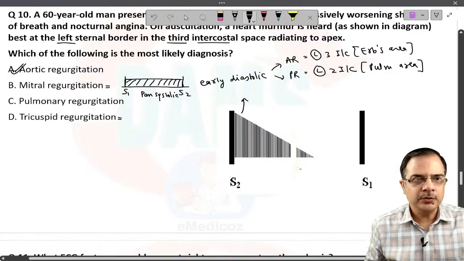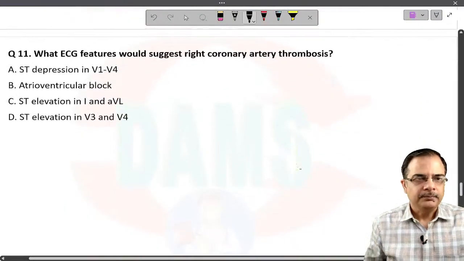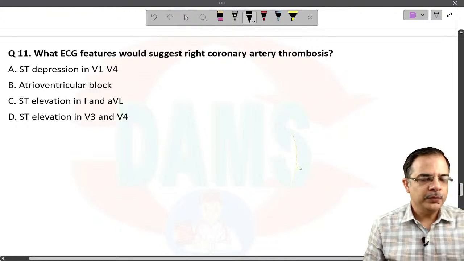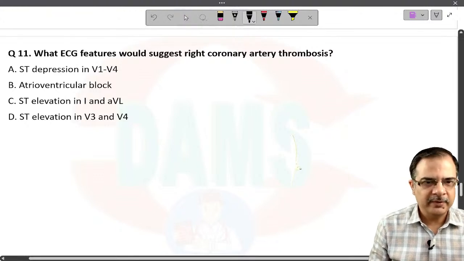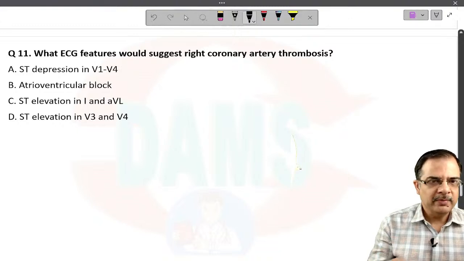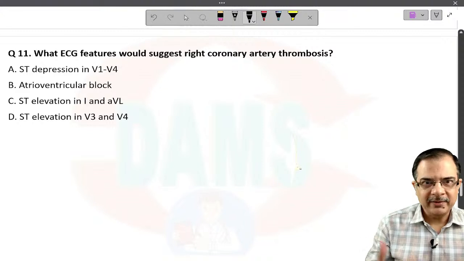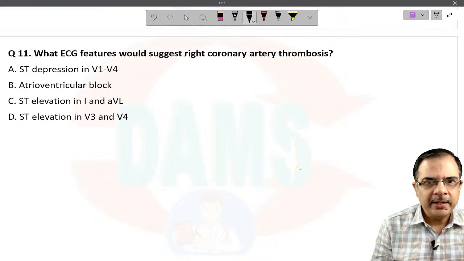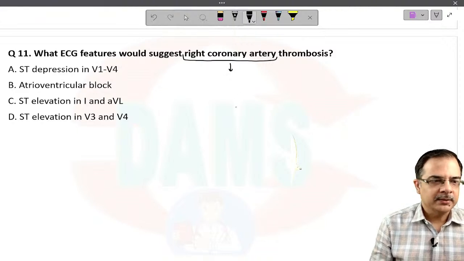Now, moving on to the next question, question number 11. Let me see who has done this question correctly. What ECG feature will suggest right coronary artery thrombosis? So one by one, let's see the options. Which part of the heart does the right coronary artery supply? So the right coronary artery supplies